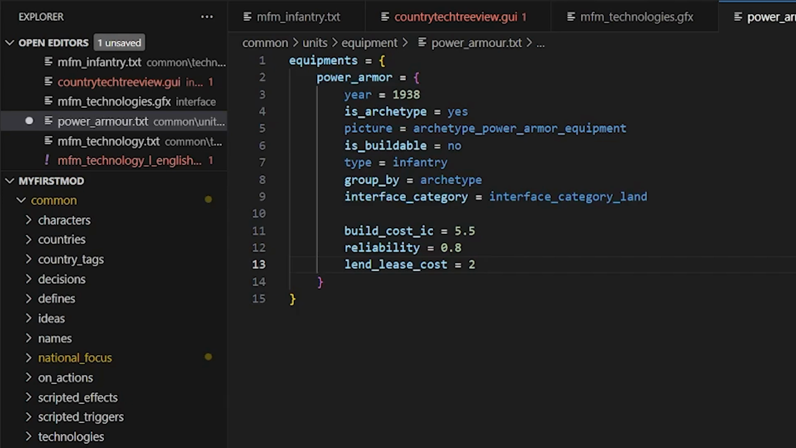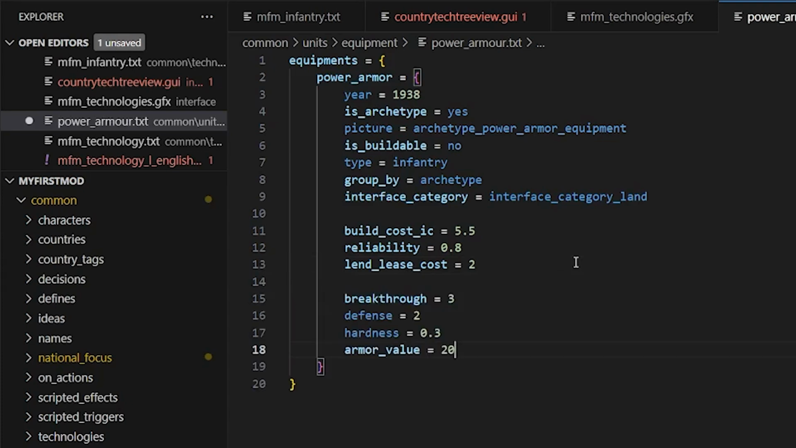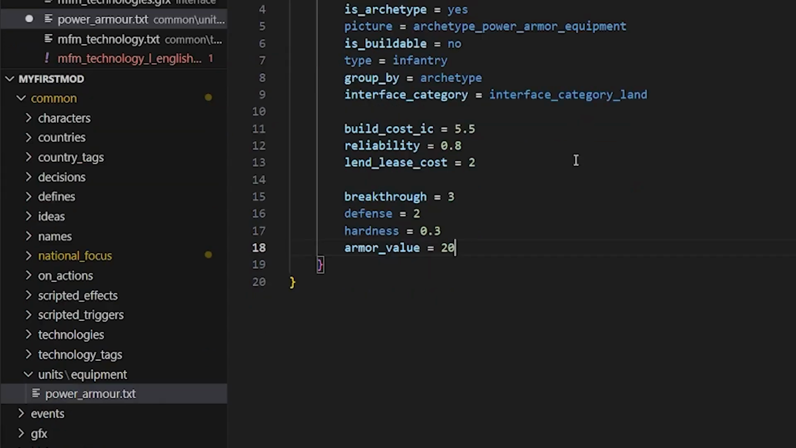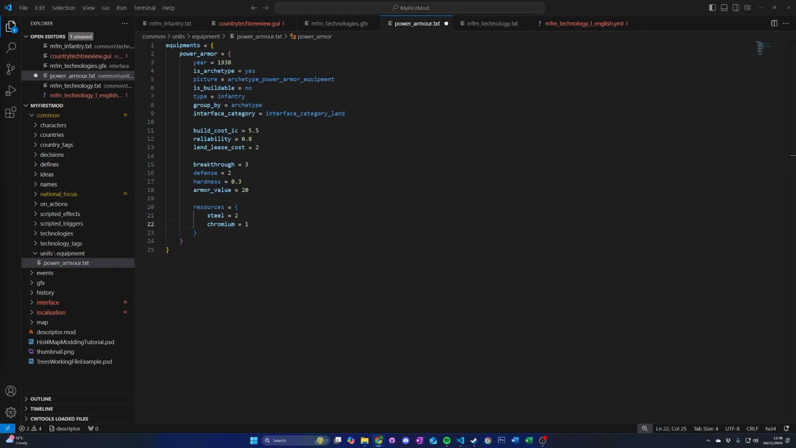Next, we will add the stats and modifiers that the equipment will give to the unit. In this case, we will add breakthrough, defense, hardness, and an armor value. These values are used to define the in-game stats for any units that use this equipment. Finally, we will make the power armor cost resources to construct. Add a resource block, then enter the resources you want your equipment to cost. In this case, it will be steel and chromium. A full list of equipment stats and modifiers can be found on the Hearts of Iron 4 wiki equipment modding